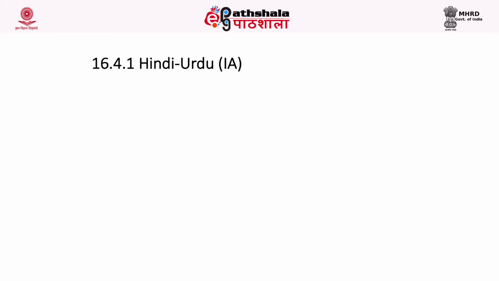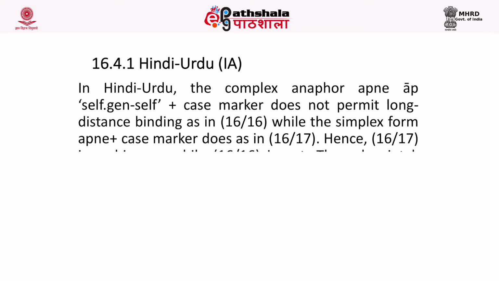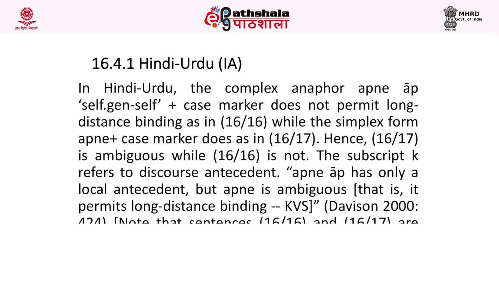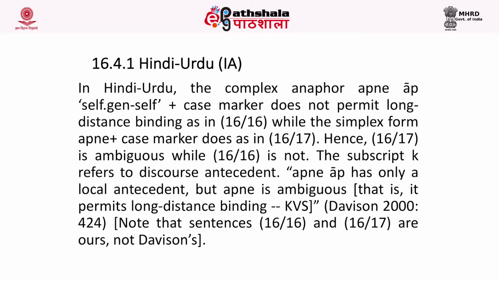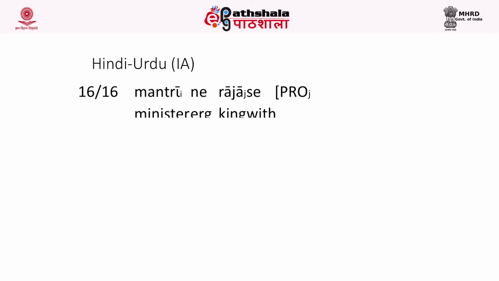In Hindi Urdu, the complex anaphor apne aap does not permit long distance binding, while the simplex anaphor permits long distance binding, as you can see in sentences 16.16 and 16.17. In 16.16, the complex anaphor apne aap, which occurs in the embedded object position, can be co-indexed only with the local antecedent, the local antecedent being pro, which in turn is co-indexed with the matrix object, that is the indirect object, that is Raja. So let's take this sentence. The minister told the king not to blame himself, that is the king,